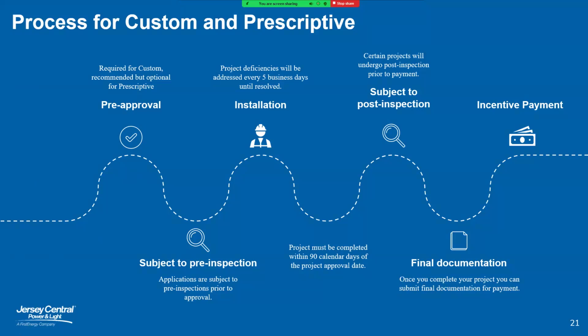Once the application is submitted online, you'll receive a confirmation email, and the customer will receive an email with a DocuSign to sign off on the actual application to confirm that they are approving this project. Once the application is signed off, prescriptive applications typically take about 2 weeks to get picked up and reviewed by a case manager. Custom applications usually take a few days in comparison, because we know that there's going to be a lot of dialogue in finalizing the application.